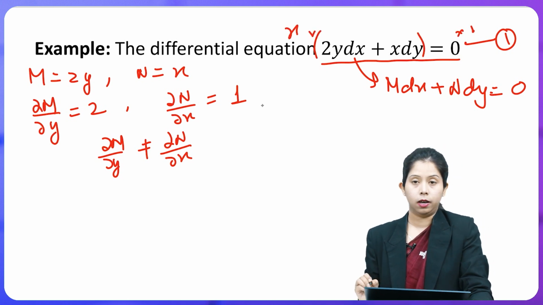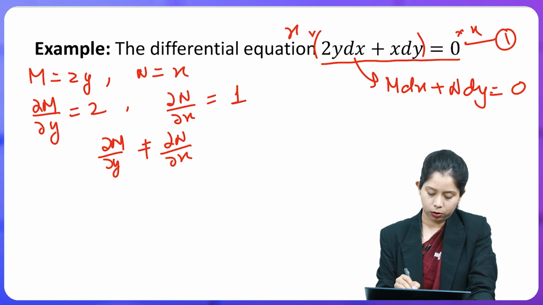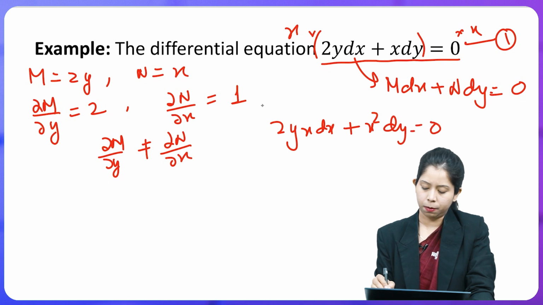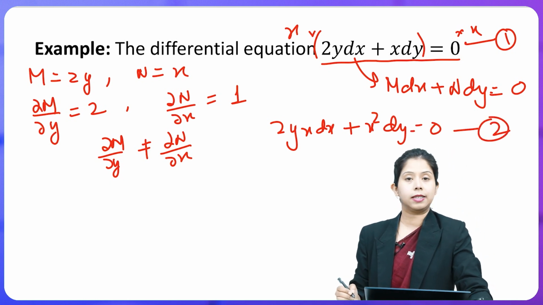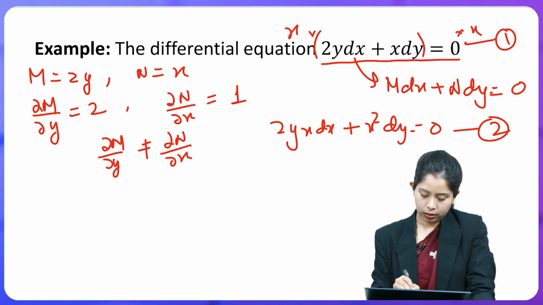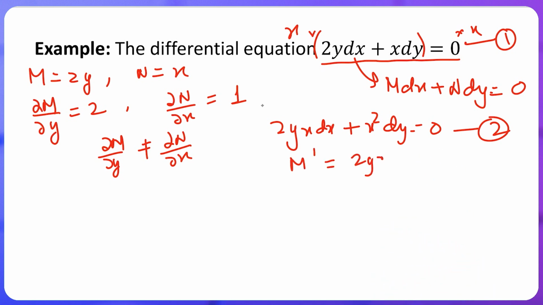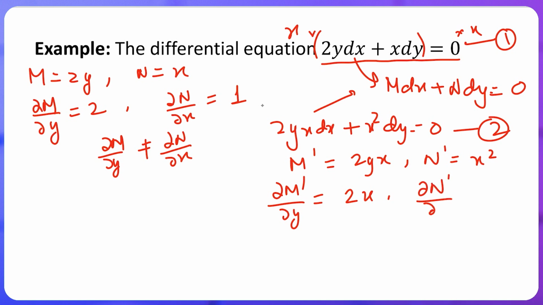on both sides, the new equation obtained will be 2yx dx plus x squared dy equals 0, which we can mark as equation number 2, is an exact differential equation. We can also test this. Here the value of M dash is 2yx, whereas the value of N dash is x square, on comparing with the standard form. Differentiating M dash with respect to y, we get 2x, and differentiating N dash with respect to x, again we get 2x, since we are differentiating partially. So clearly del M dash upon del y is equal to del N dash upon del x,